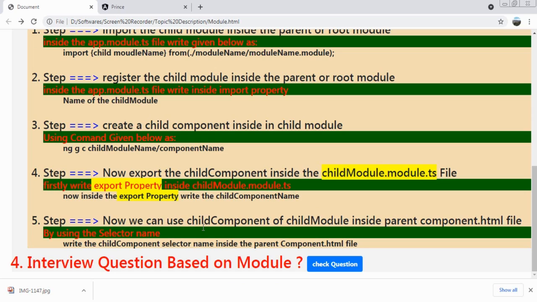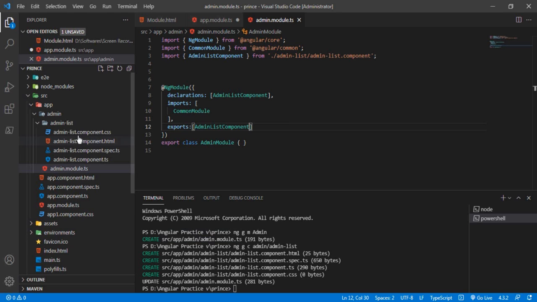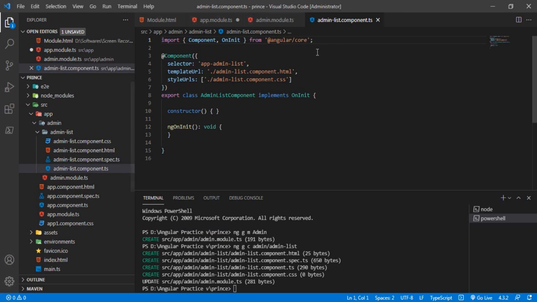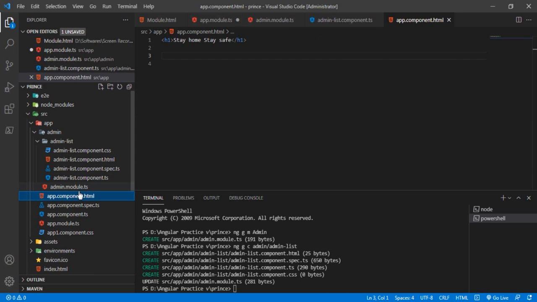Now we can use the child component of the child module inside the parent component.html file with the help of the selector name. For that we will go inside the TypeScript file, and I can copy our selector name from here and paste it inside our parent HTML file, which is app.component.html.